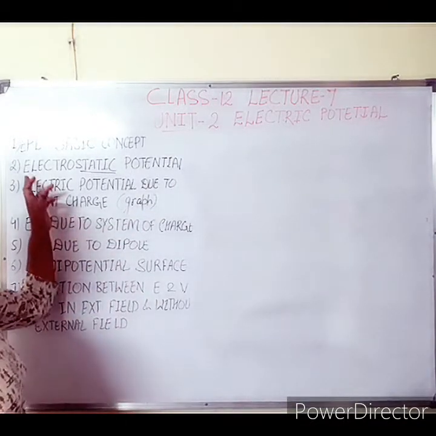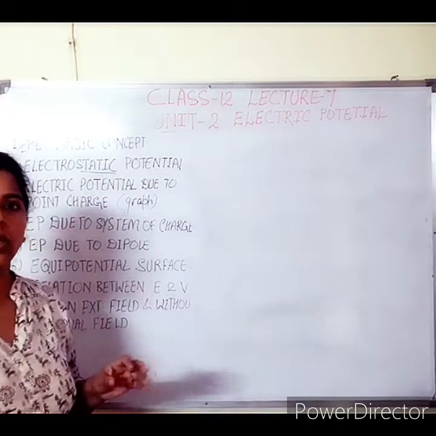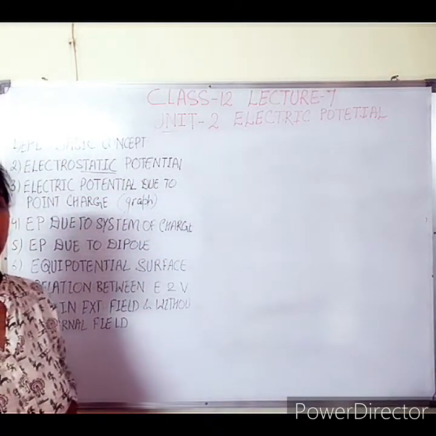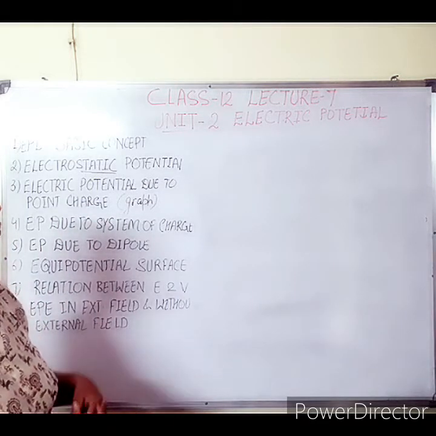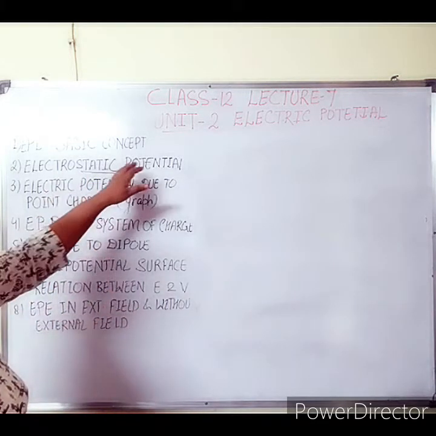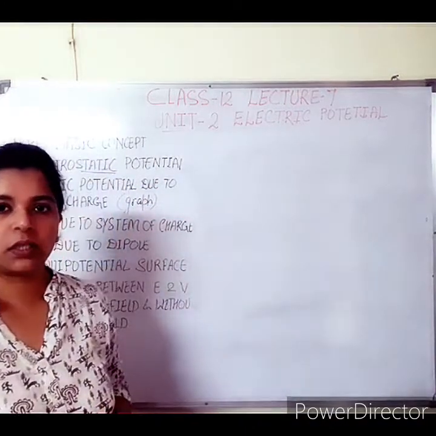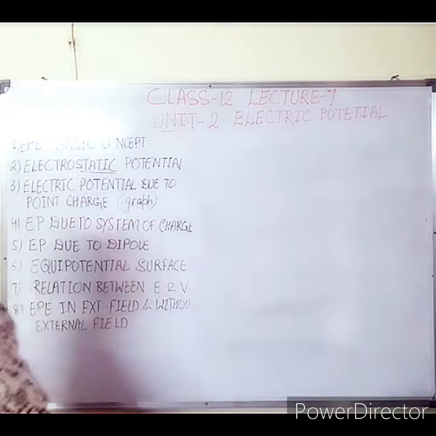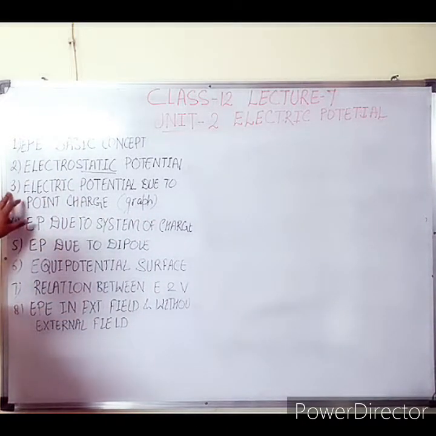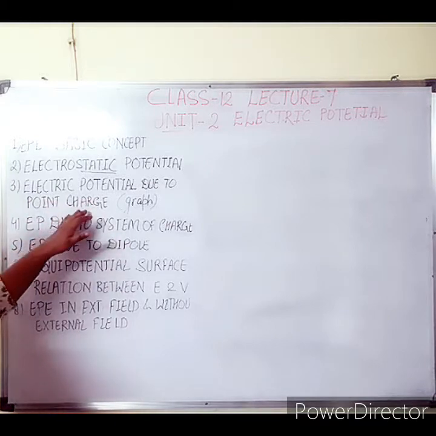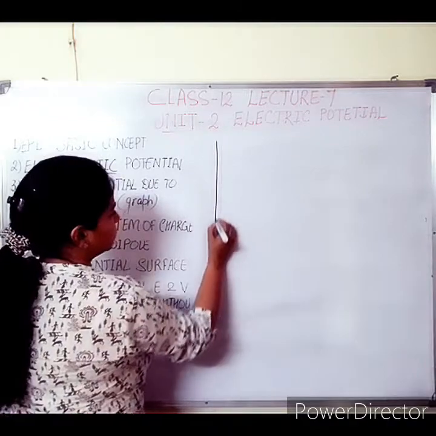Okay, so these are the two points, electrostatic potential and potential difference. In circuits we say it as voltage. In a circuit we consider this potential difference as voltage. Whenever we say voltage, what does it mean? It is potential difference. Now come to this point also. I have discussed the electric potential due to a point charge and its graphical representation. Now we can draw this graph too.